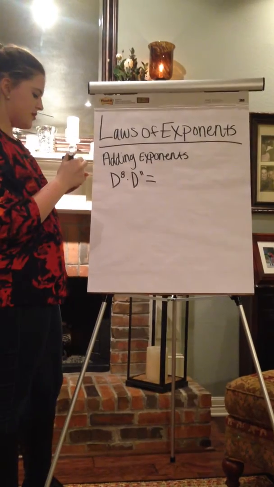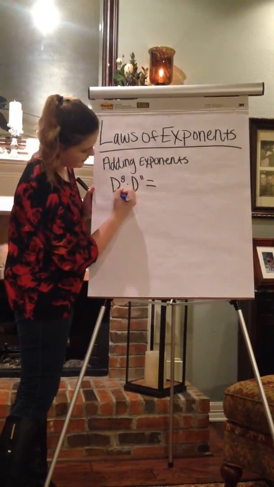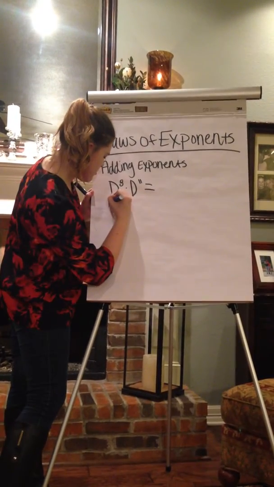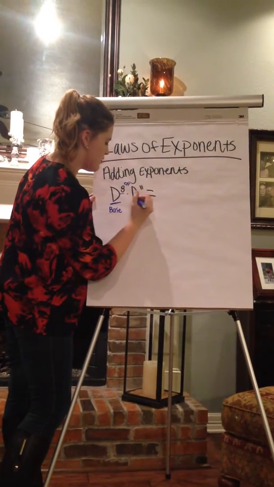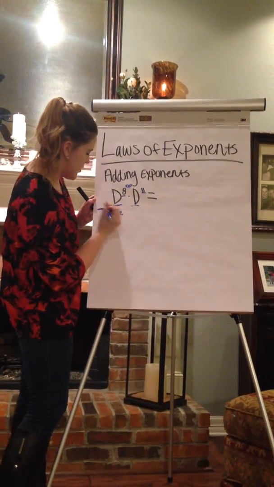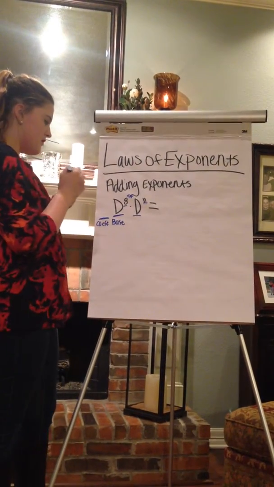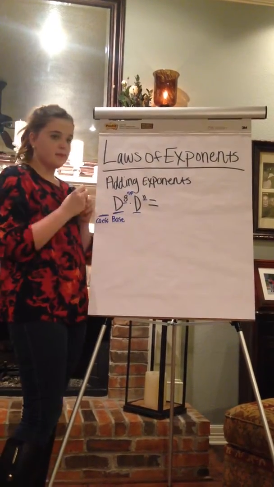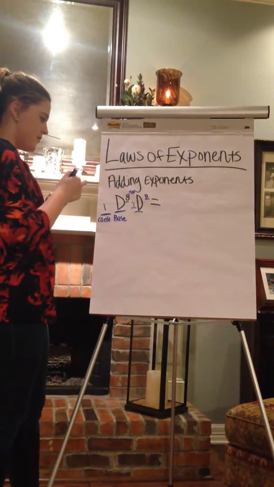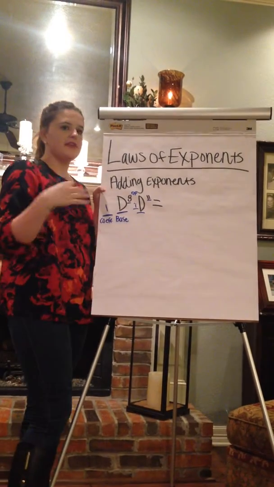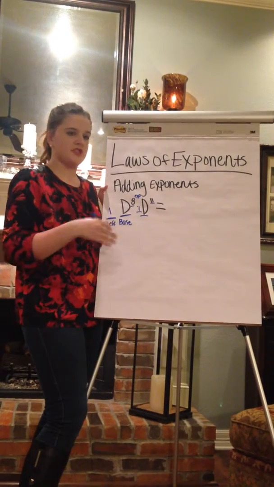So you see this right here, you see a bunch of numbers and letters, but really it's very simple. I'll help you out a little bit. This part right here is the base, this is the exponent right here, and this number you'll sometimes see in front of the base is called the coefficient. If you don't see a number in front of the base, it's a 1. It's automatically a 1 right there. But when you finish off the equation, all you need is the variable. You don't need the 1 in front of there because it's automatically a 1, so it's just the base and